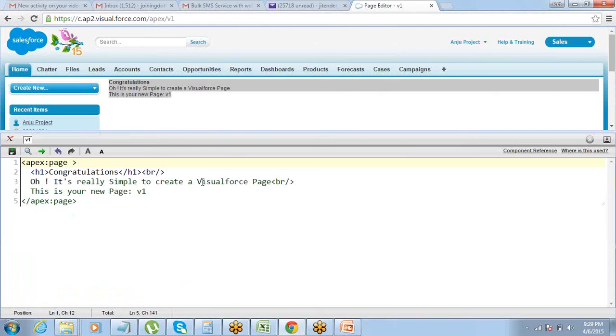Using the standard controller. Today, I just want you to spend some time on the Visualforce page. Try to create the page. Try to put as many markups as you can. Try to use HTML tags on the Visualforce page that you create. Don't be bothered about the controller part. Just create a page which just has markups, which is not doing any talking, but that will be a good practice for you all. People who are comfortable with HTML can skip this exercise, but people who are new to HTML can just create a Visualforce page like this and try to put whatever you want inside this. That will be a good practice for you for the time being.